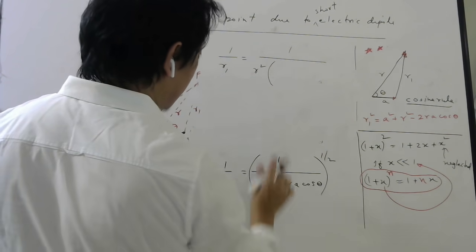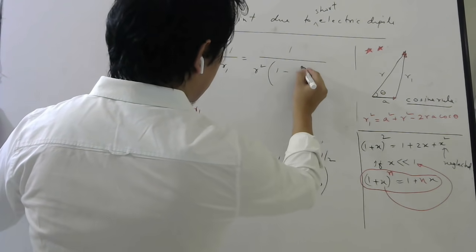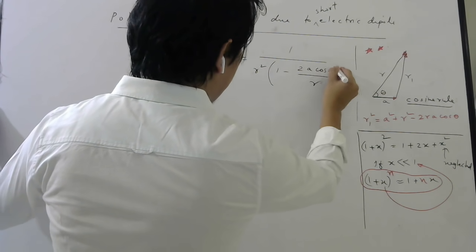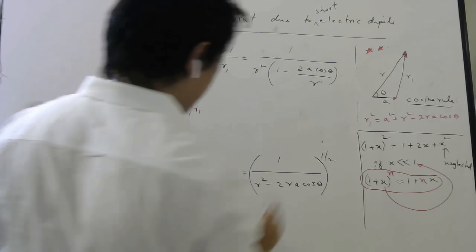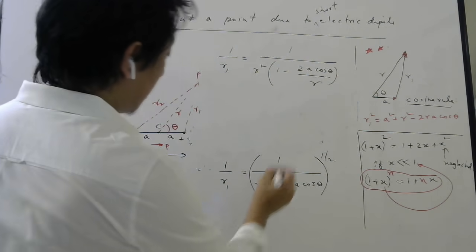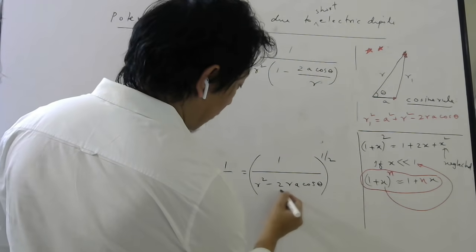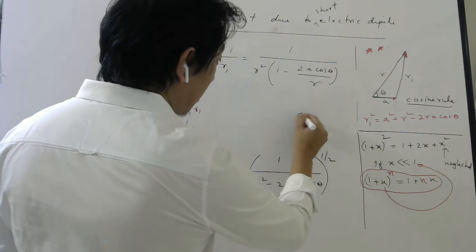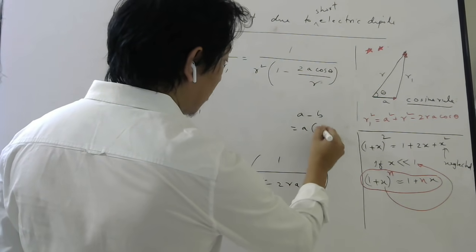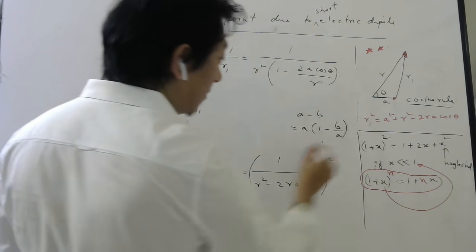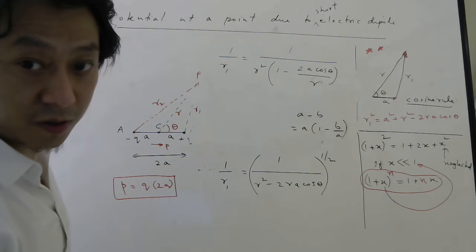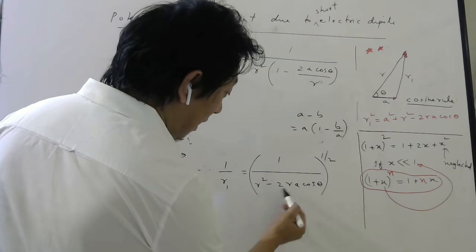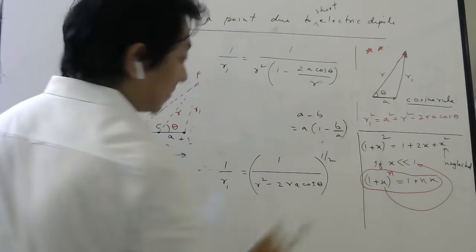What will be left? 1 minus 2a cos theta divided by r. Check once. If I take r square common, 1 will be left, minus, here I have to divide by r square now because I am taking r square common. You know, a minus b, if you take a common, you write 1 minus b by a. Yes or no? So if you take r square common, you have to divide by r square, so one r will cancel, one r will be left here.